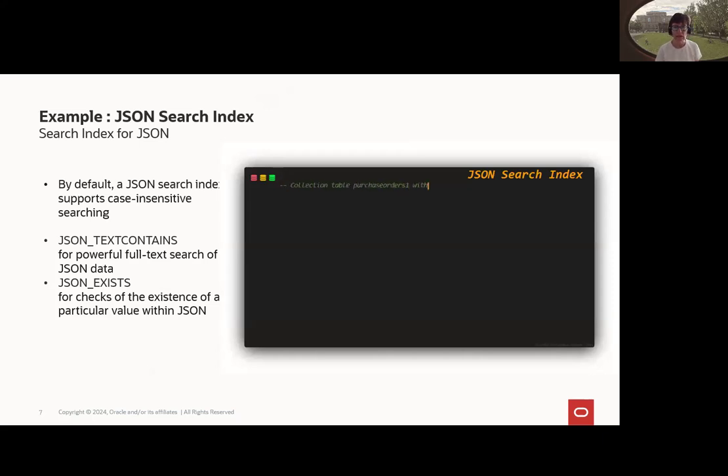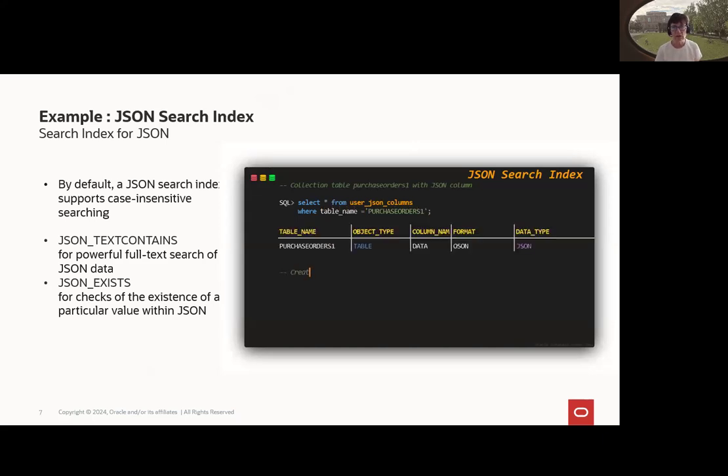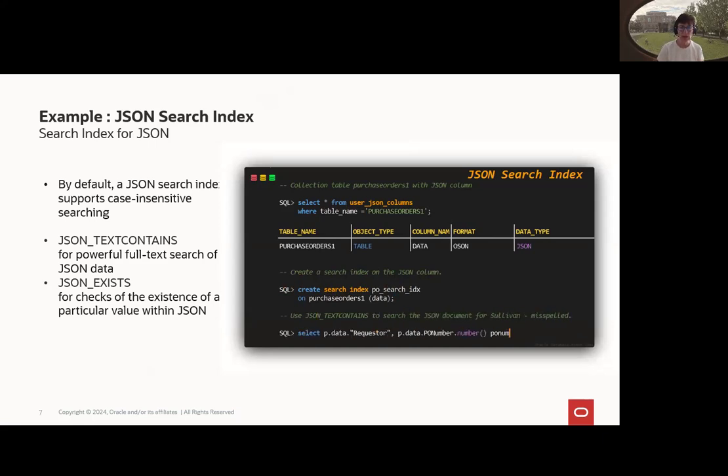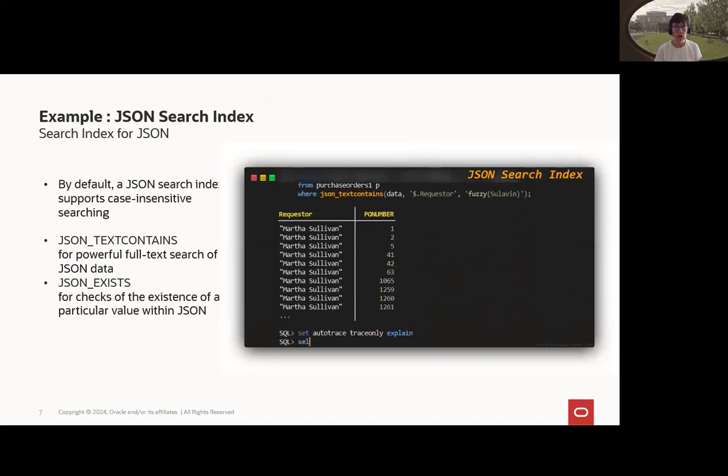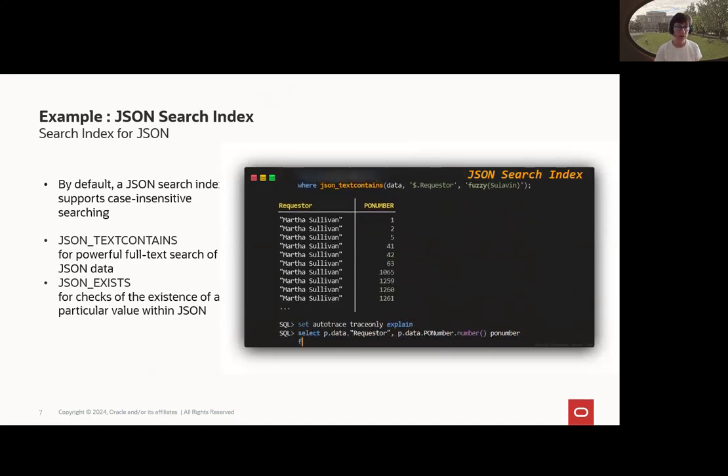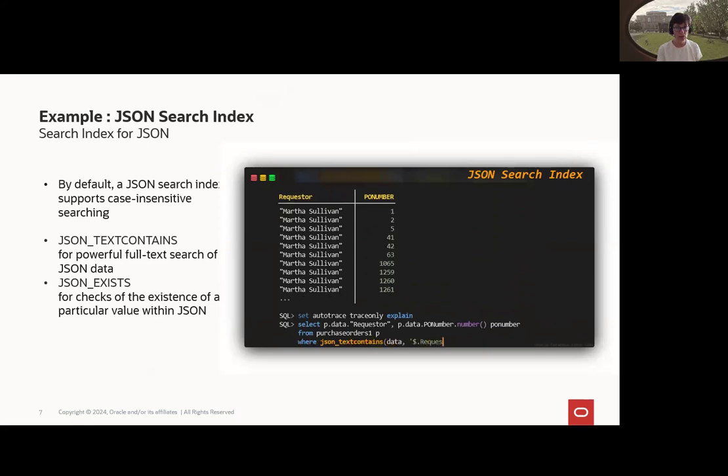Let's create an index. But first, we use a collection table. We create a table with collection syntax. That's new in 23ai. That's a table with one column where we store JSON data. Then we create the index with a very simple CREATE SEARCH INDEX statement here. And after that, we can use a dot notation to get the information. And we use JSON_TEXTCONTAINS as a condition, and fuzzy Sullivan to get then the right information